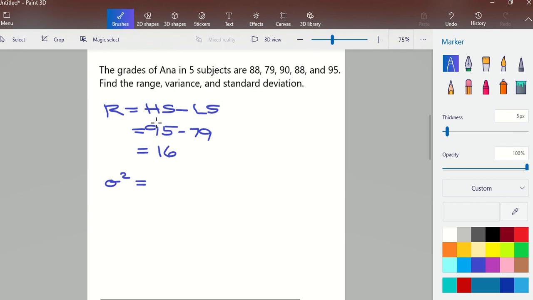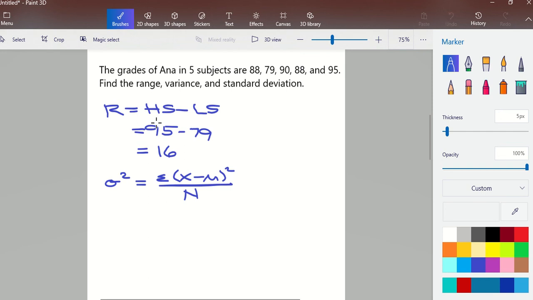So the population variance is equal to the summation of x minus mu raised to the power of 2 all over n. For us to get the value of the summation of x minus mu squared, we need to make